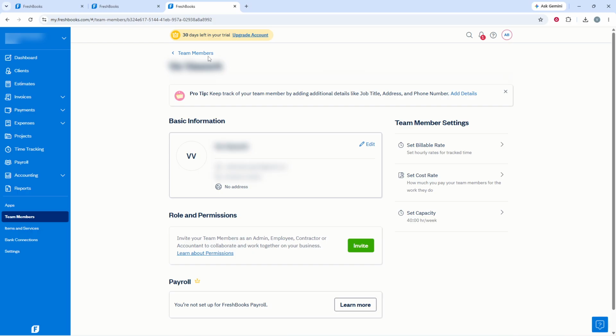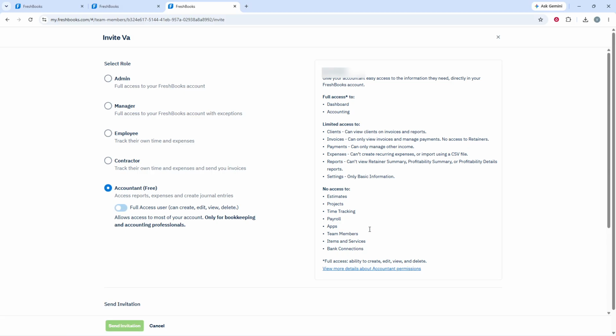Inside the profile, go to the Role and Permissions section and click Invite. This is where you define what kind of access this person will have in your FreshBooks account. From the available role options, select Accountant Free. This role is specifically designed for accountants, making it a good choice when you want to give someone access to financial information without setting them up as a different kind of user. Choosing the correct role is important because it helps ensure they can access the tools they need while keeping your